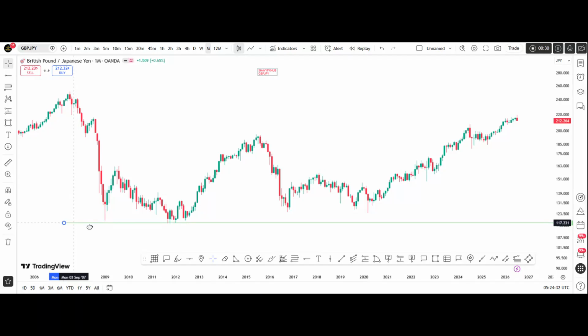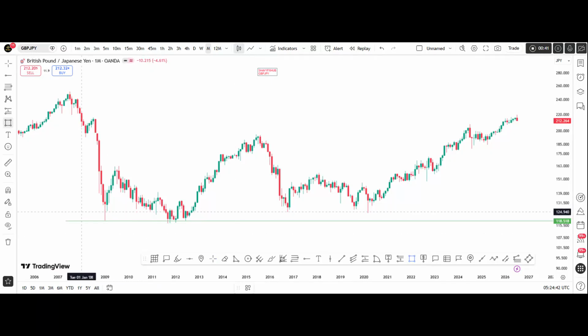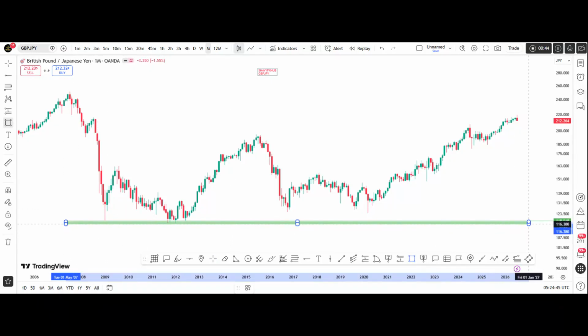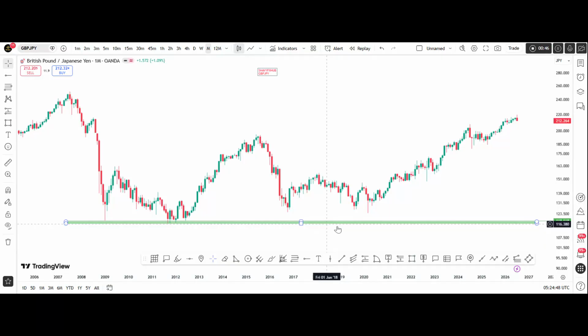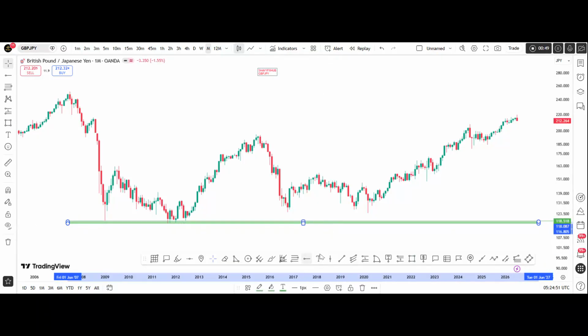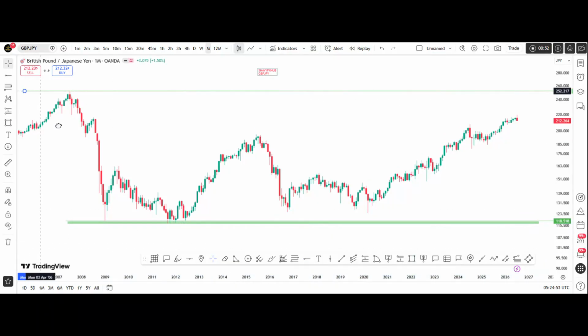And the key thing I want to note out here on a monthly time frame is a sharp drop into 108, and a peak at 258.44. So this is a demand floor, and I'm gonna put a supply roof,